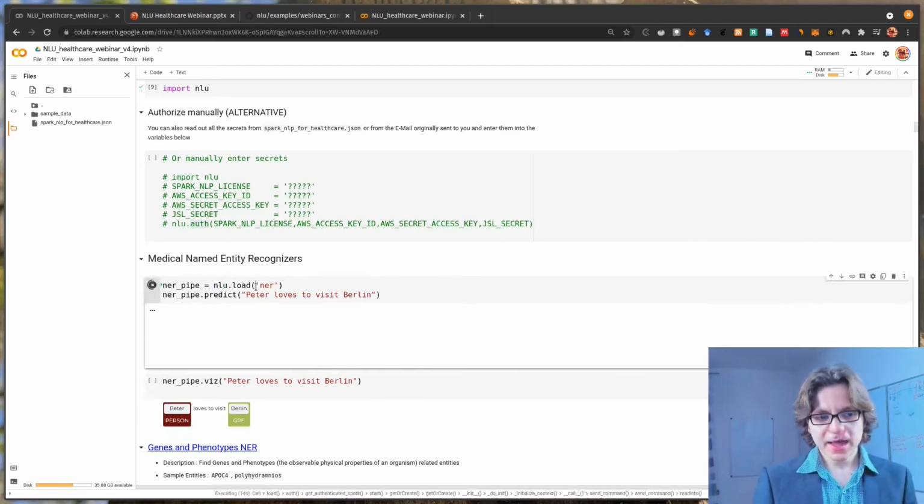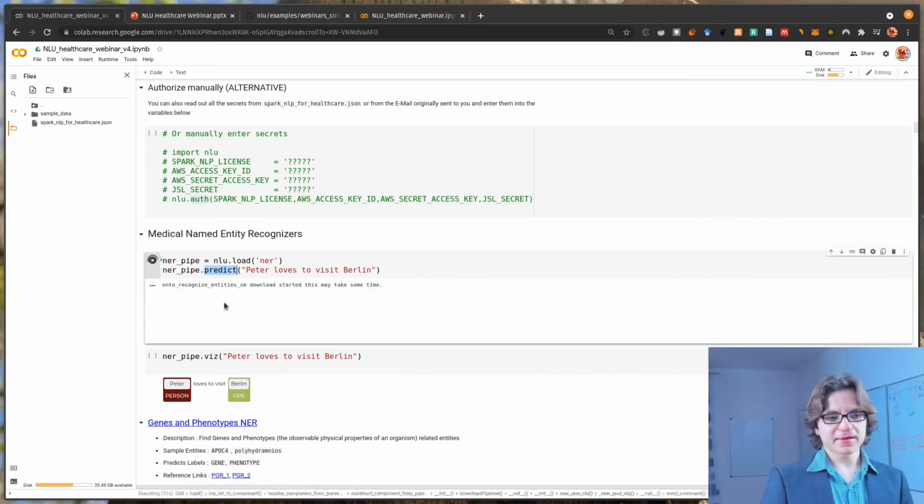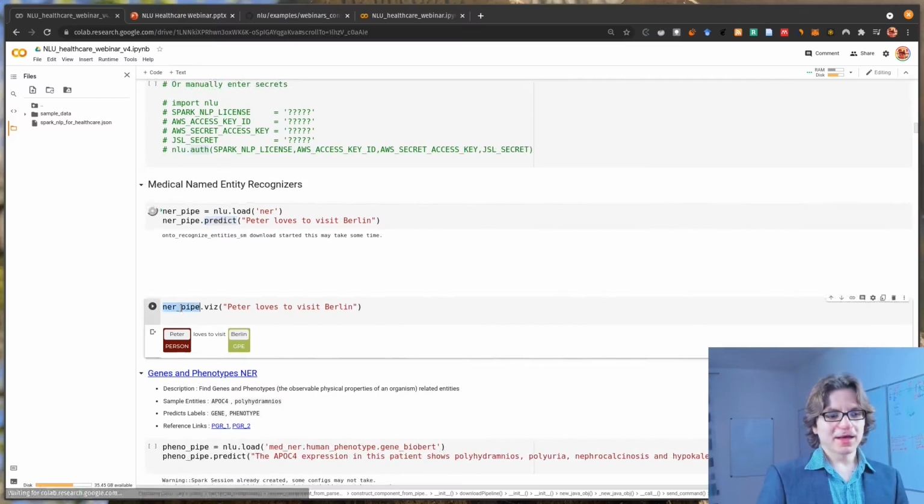We are loading an NER model, NER pipe, into this NER pipe variable. It's the model. And it has a predict method, as we've seen on the slides. And I am predicting on the entities, Peter loves to visit Berlin. And this takes now a second. But while this takes a second, we can already look at the next code. Where we see